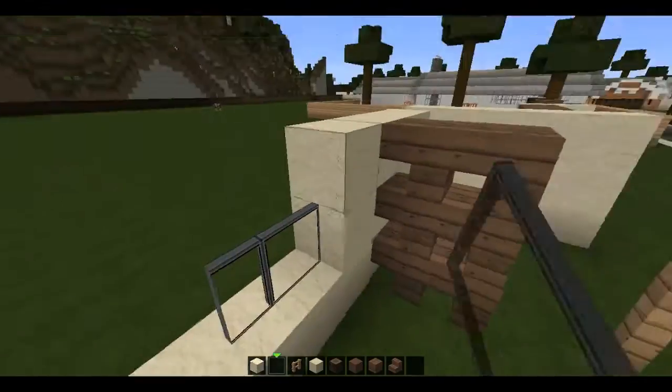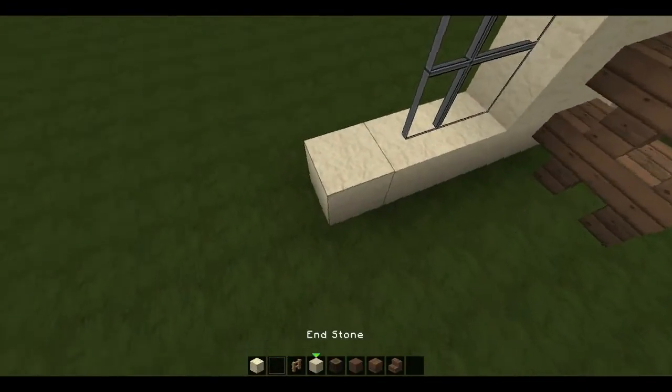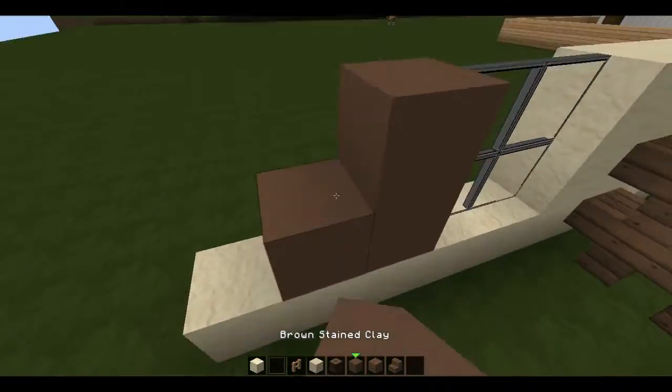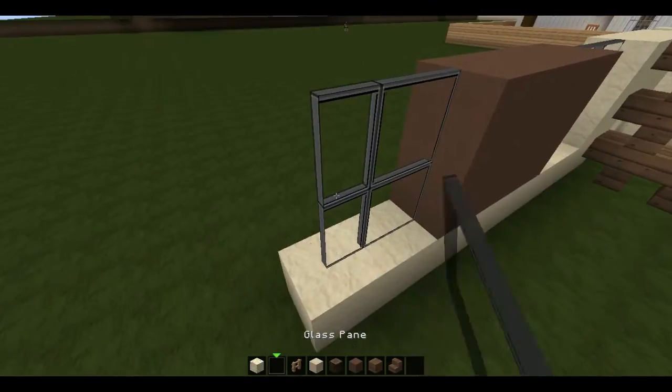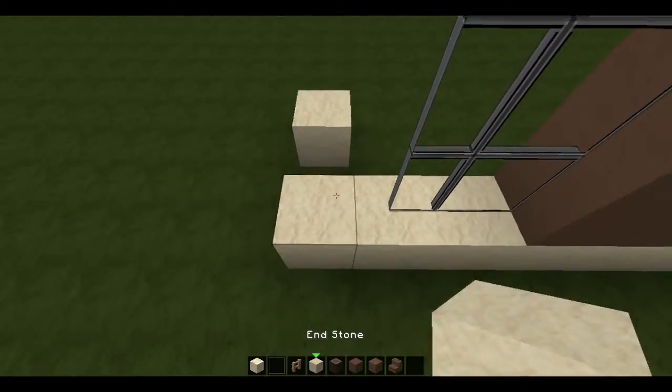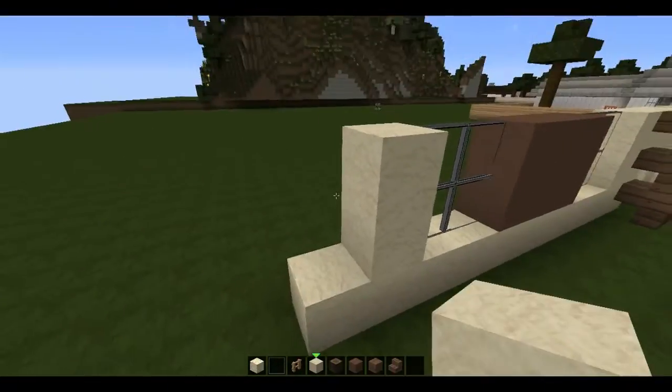Part of that cold I was talking about. Just going to start. This is going to be the living room window. 2 more blocks for the window there. And then we'll go ahead and make this...